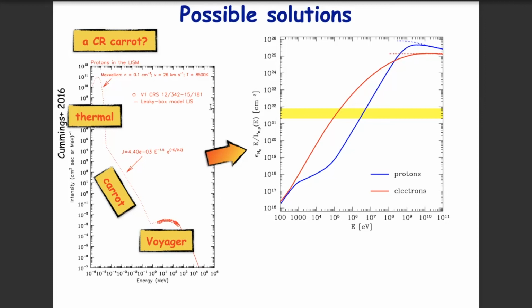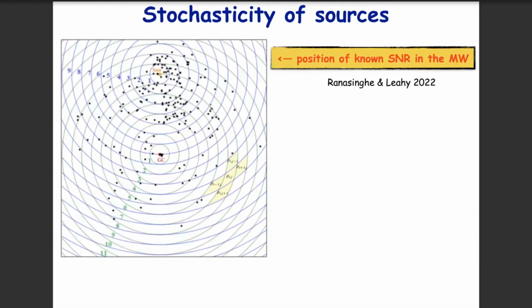So they will mix, they will fill the disk, and they will make a uniform fog of cosmic rays. But at low energies, this is not the case. So you may expect fluctuations, because if you are not close in time and space to a source, these particles cannot reach you. So the idea that we try to test here is what happens if you consider the stochasticity